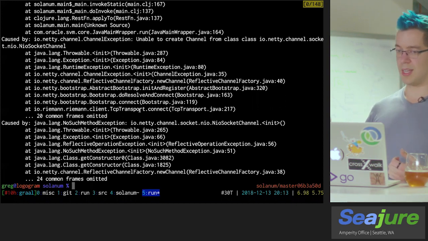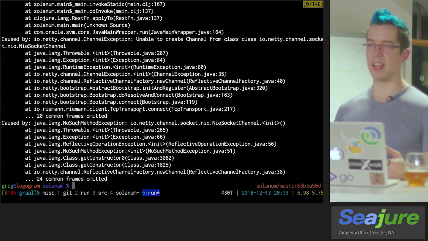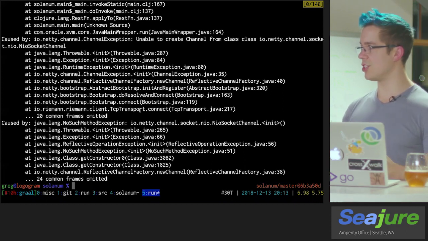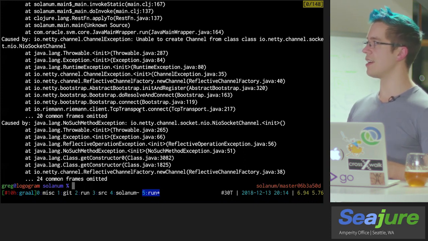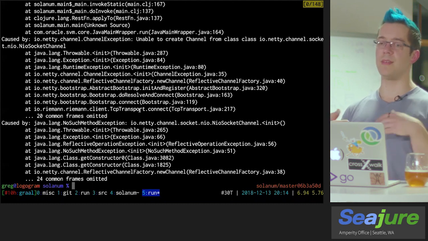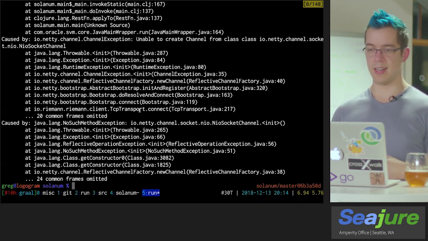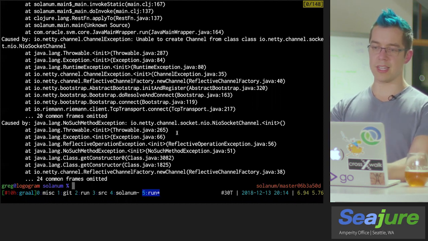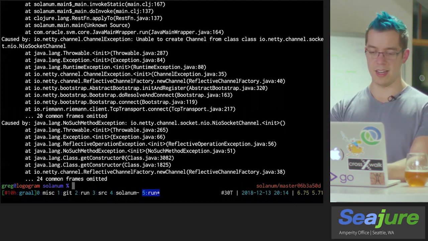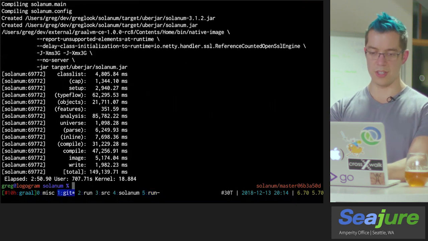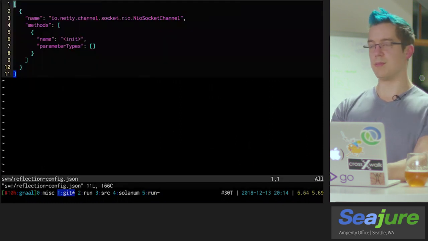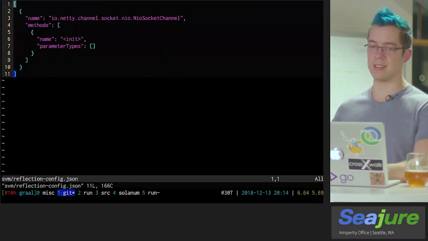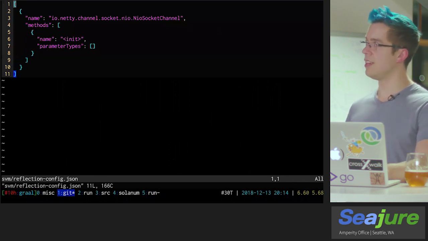One way to fix this would be to reach into the Riemann client library and do another substitution and insert our own channel factory that returned a concrete type that would get referenced at compile time, and there wouldn't be any reflection, and we'd be out of this bind. But for reflective cases like this specifically, Graal gives us another tool, which is a set of reflection config. That's very simple. It is basically a JSON file that tells Graal what methods need to be accessible on a given class for reflective invocations.